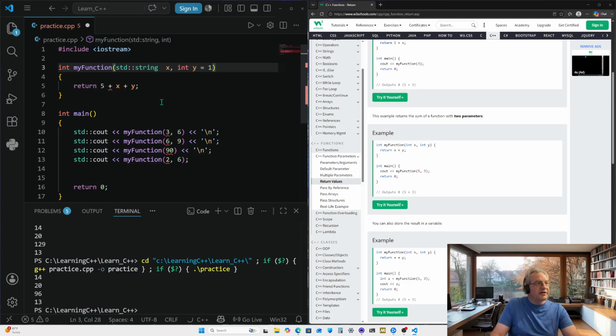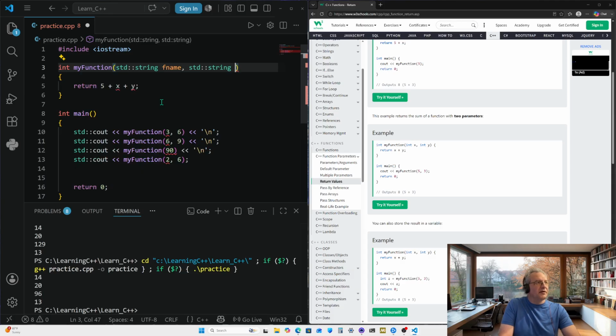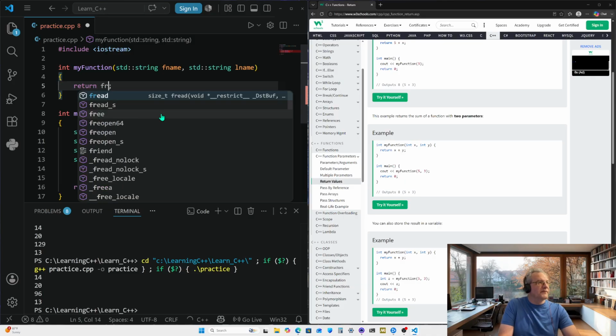We won't use X. We'll go ahead and use the names that we were using before. First name, and change all this to, again, standard string. Can you mix them? Yes, you can mix them as well. Last name, and now the return will end up being first name,